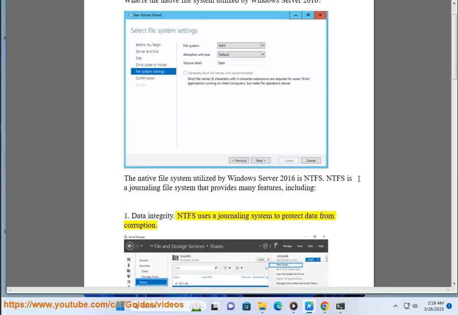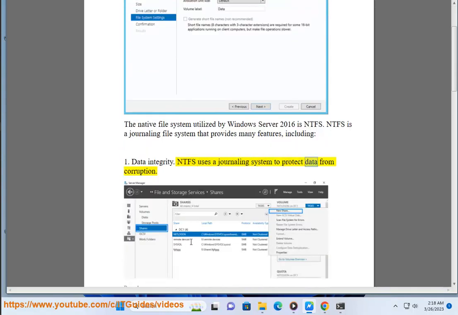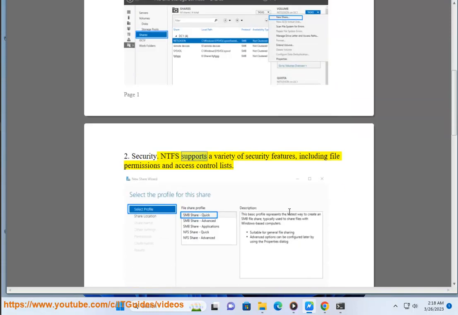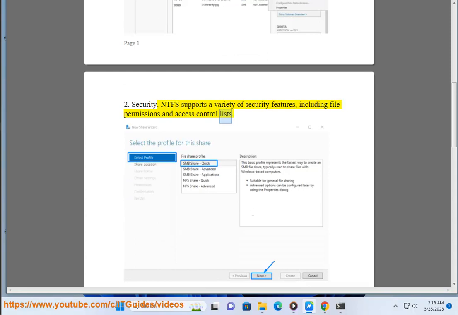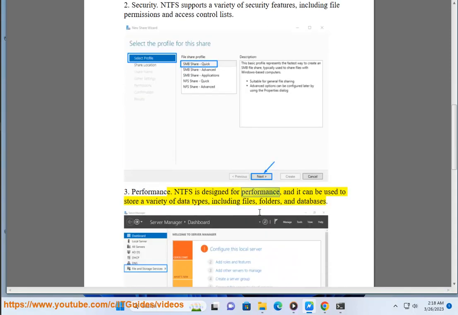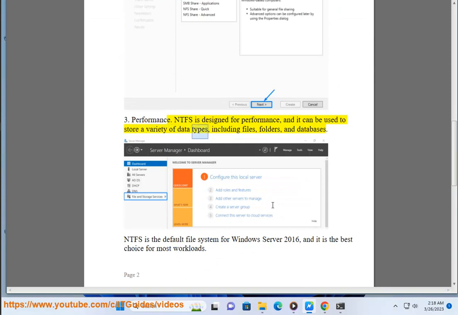Data integrity. NTFS uses a journaling system to protect data from corruption. 2. Security. NTFS supports a variety of security features, including file permissions and access control lists. 3. Performance. NTFS is designed for performance, and it can be used to store a variety of data types, including